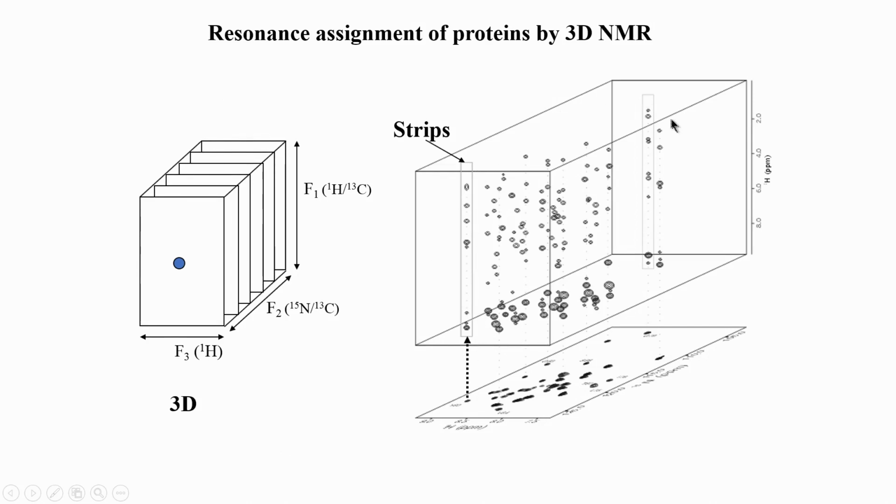In 3D NMR, again this is something we saw earlier also, we have to analyze with 3 dimensions and we use a strip plot. For example, in a 3D NMR the base plane is first identified, this is typically the nitrogen proton HSQC, and from that HSQC every peak in the third axis we get chemical shift in the third dimension. So, we draw a strip, of course, this is not physically done, this is done by a computer. A computer will plot a strip from the third dimension based on what you choose here, and the strip plot will be displayed to you on the screen. And based on many strip plots in the spectrum, you can then start assigning the protein. So, let us see how we can do that with 3D NMR.